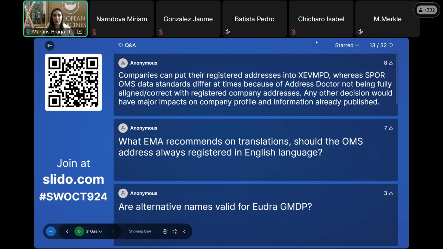Companies can put their registered address in EV, whereas SPOR OMS data standards differ at times because Address Doctor is not fully aligned with registered companies. Any other decision would have a major impact on company profile and information already published. Okay, so this is a frequent question that we receive. We need to, and taking back to one of my initial slides,